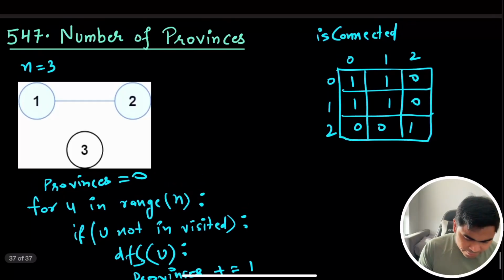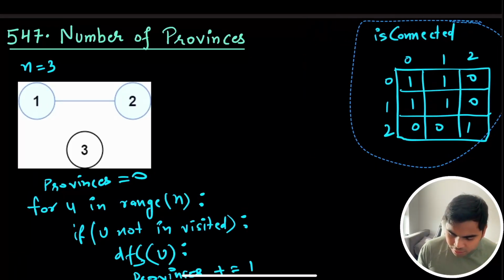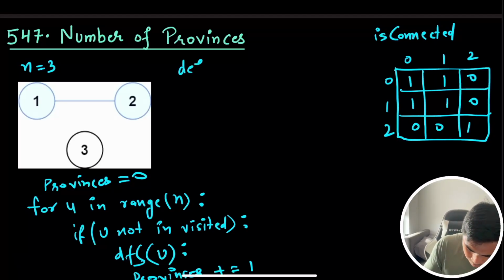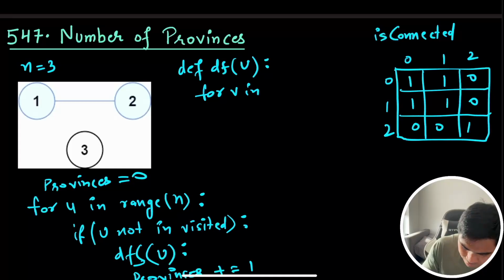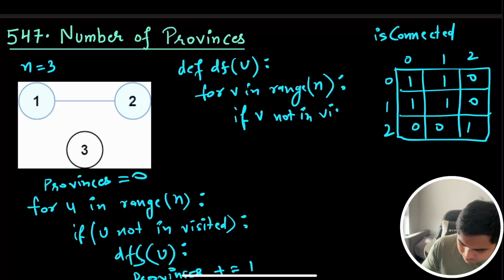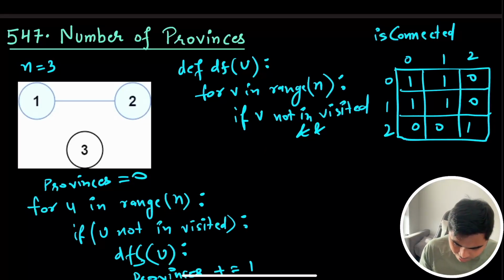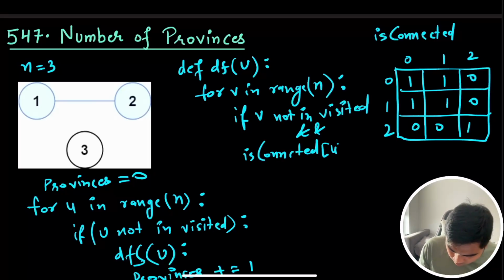All right, so how would our DFS look like? This will be my DFS. DFS will be taking u. Now for all the nodes connected to my u, how do I find those nodes? For v in range n, if this v is not in visited and this v in my grid, or isConnected, so isConnected of u and v is equal to 1,